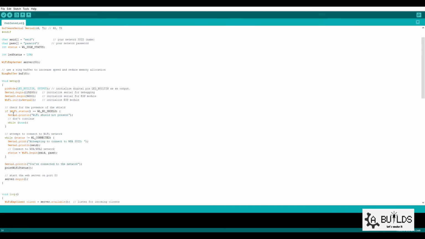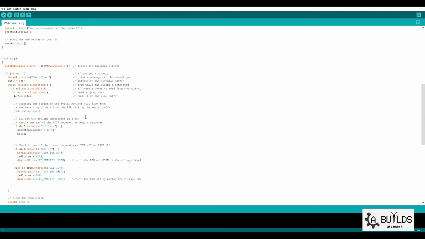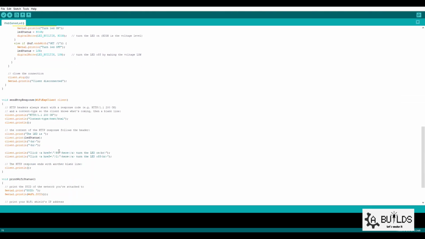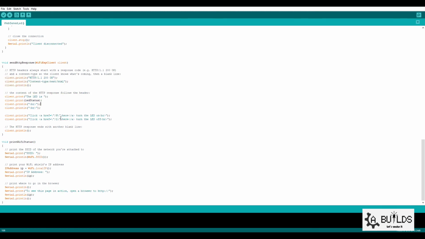The communication taking place between a web browser and the ESP module is only over the Wi-Fi network. That means if the internet connectivity is gone, this system is still going to work because it's not communicating over the internet. In this part 1, we saw how we can control an LED over a web browser. This is the end of part 1.